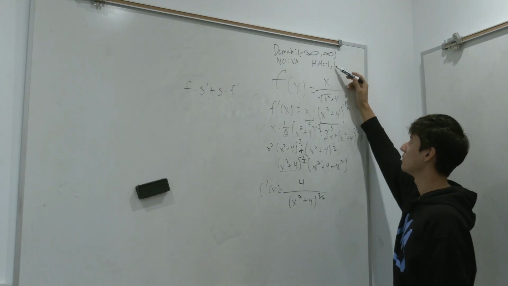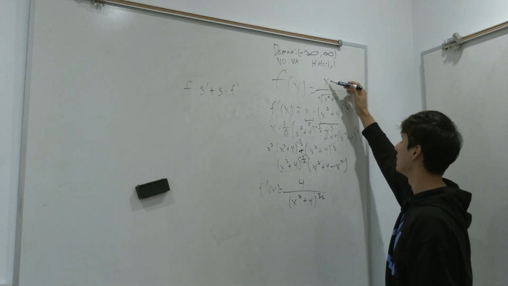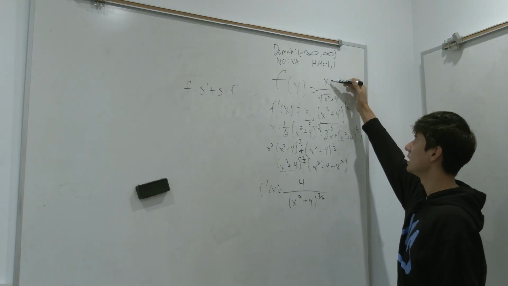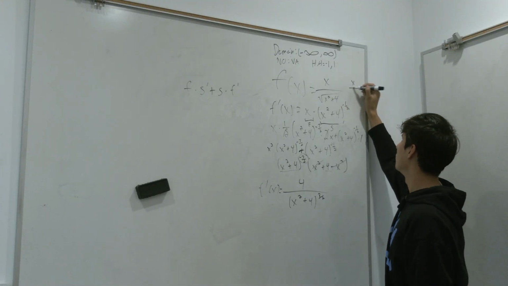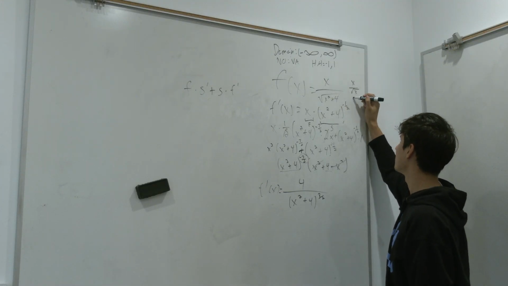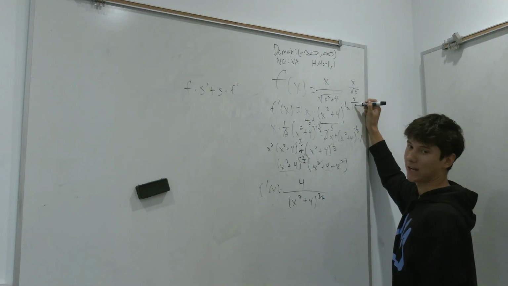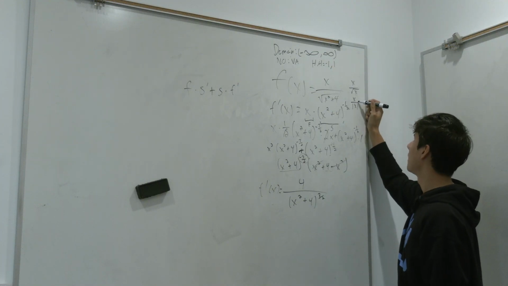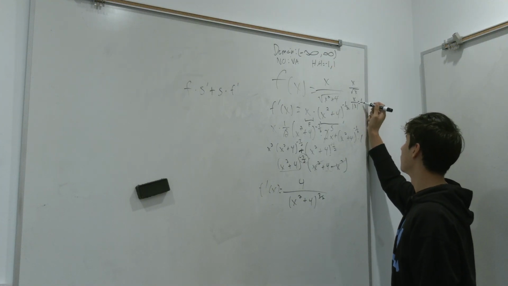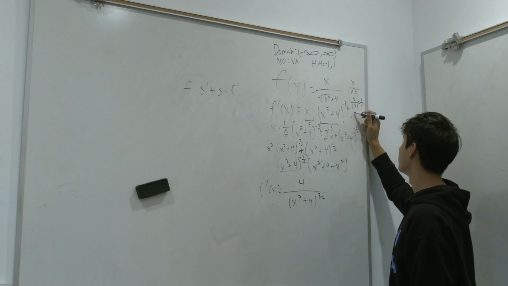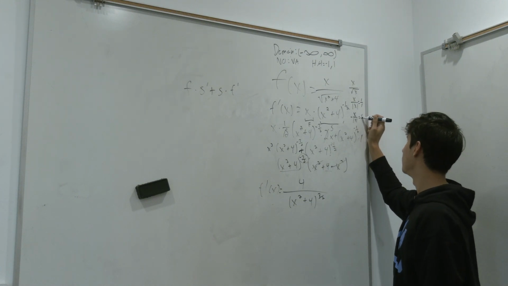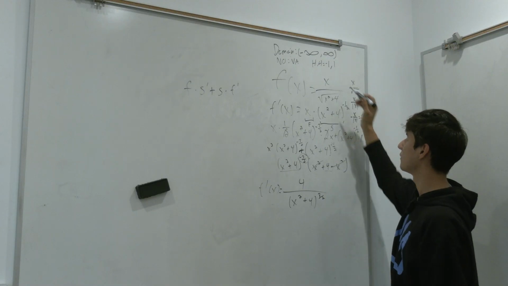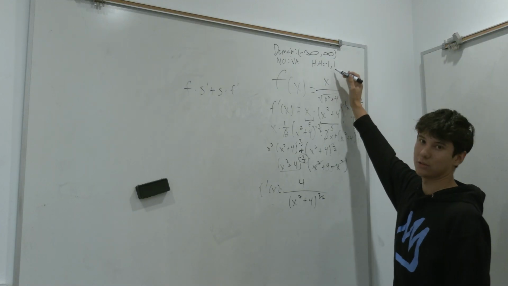And then for horizontal asymptotes, we look at the leading coefficient here and the leading coefficient here, which is going to be x over root x squared, but that's going to be x over absolute value of x, because you have to do that. So then that would be 1 over 1, and negative x over absolute value of x, which would be 1 over negative 1. So that means we have a horizontal asymptote at negative 1